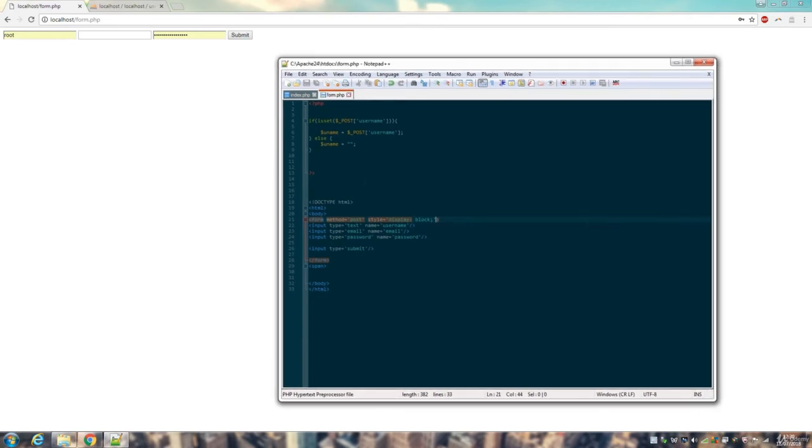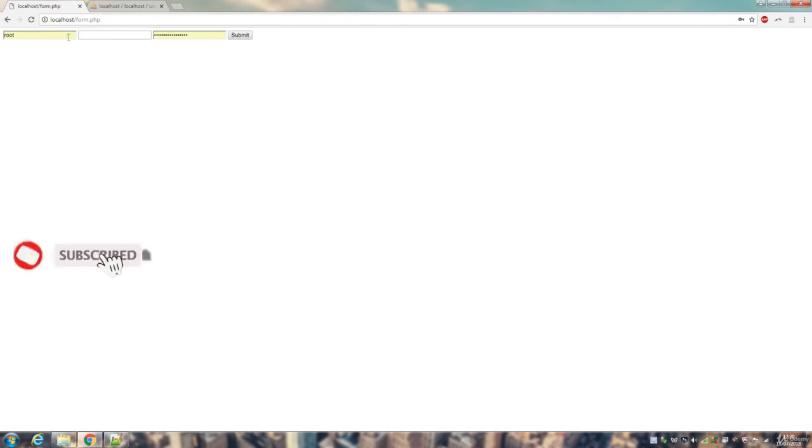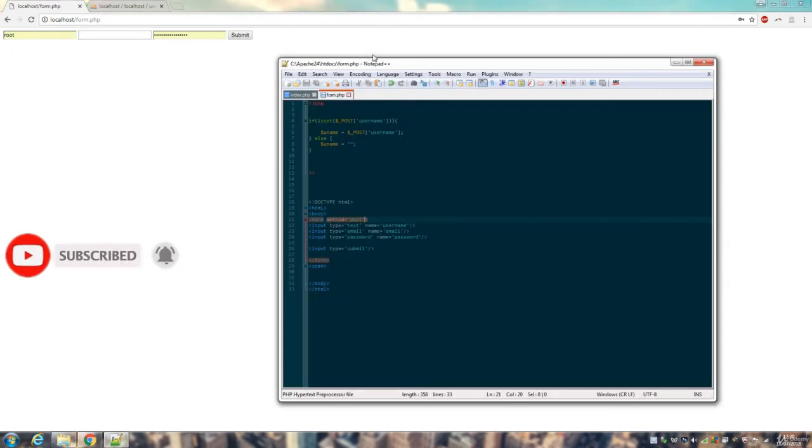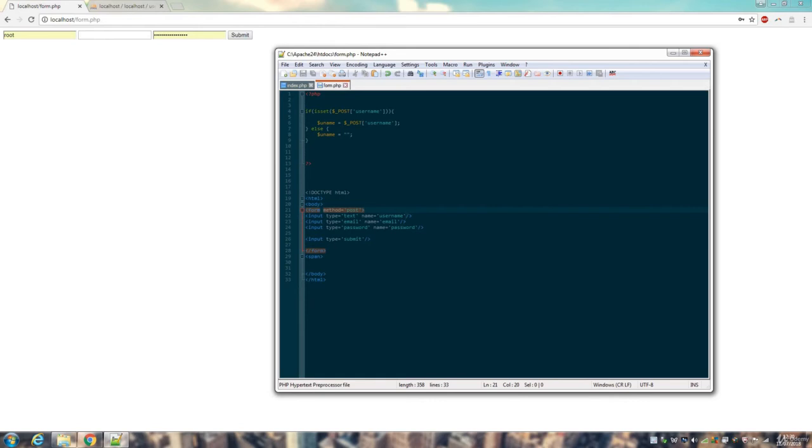Actually, it might not be working, but for this example, it's totally fine. So we have 3 input fields here, and I'll show you different settings that you can put for each type of input so that you don't get this autocomplete here, which can be quite annoying for